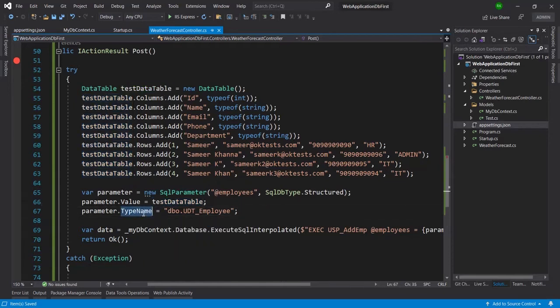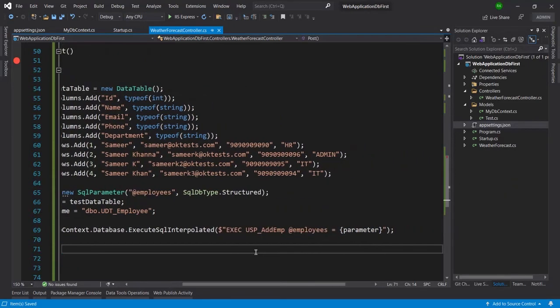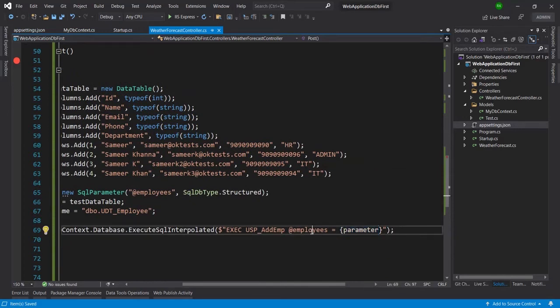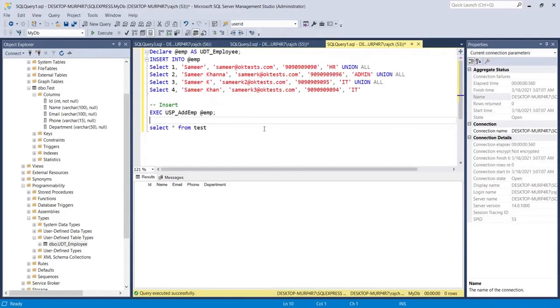And here I have passed the type name of this parameter. Now at the last I am passing this parameter as the value of employees in the stored procedure. You can see this is the same stored procedure which I am calling in SQL Server; just the variable name is changed and nothing else is different.